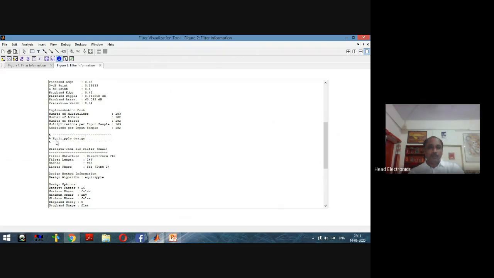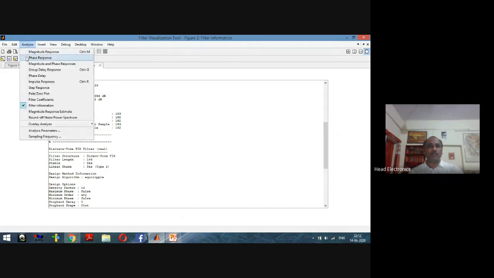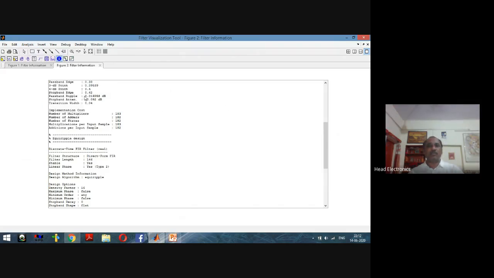Now if we are using the other algorithm, the equiripple algorithm, what will the order be here? The filter length is 146, which means the filter order will become 145. See the difference here. In the first case, the Kaiser window, the order is 182, and in this case it is 145. So to maintain the same performance, the order of the Kaiser window is much higher. That's why we generally avoid using the Kaiser window here.